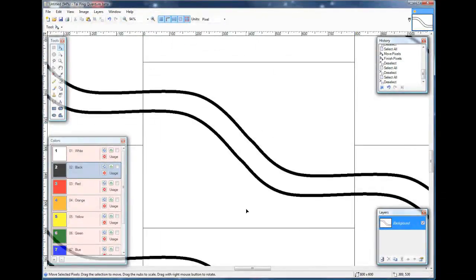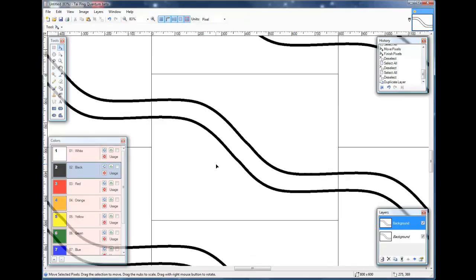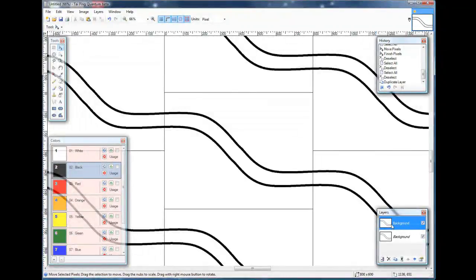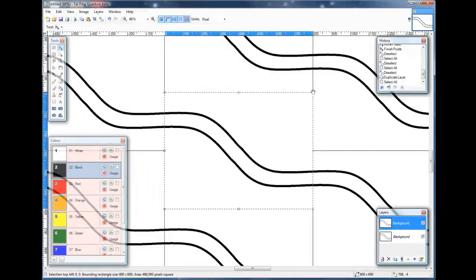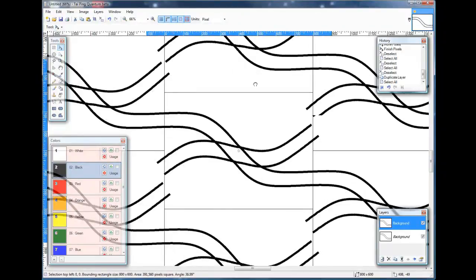So what I'm going to do is take this layer and duplicate it. I'm going to use the duplicate layer command, create a copy of this layer, and with that layer active, I'm going to use the move pixels, click once to select all. You can also use Control A to select all, and I'm going to use the right click on the corner control to rotate the selection